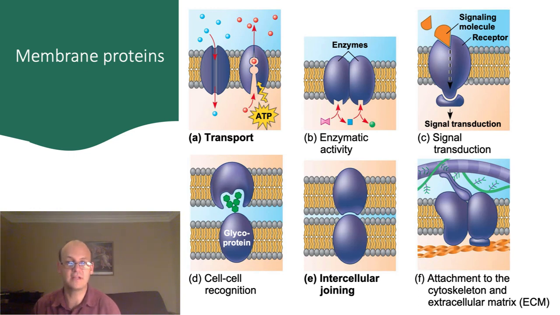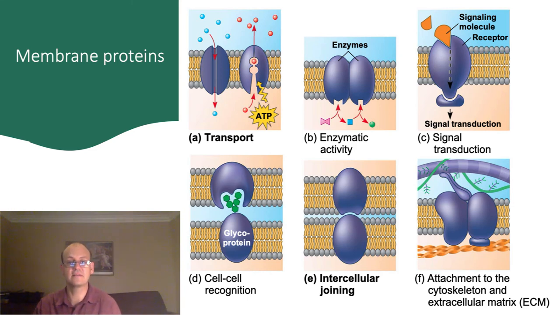Let's just take a moment to appreciate the variety of proteins that exist within the membrane. Each protein has a specific function, and these functions are highly varied. Some proteins act to transport materials into or out of the cell. Some proteins on the cell surface are enzymes and speed chemical reactions happening on the surface of the membrane. We'll see some examples of this when we look at how energy is processed by mitochondria.